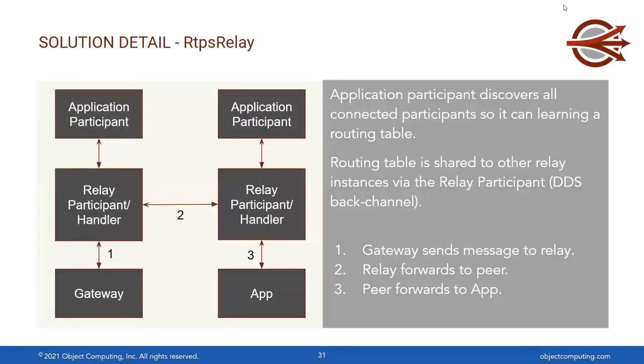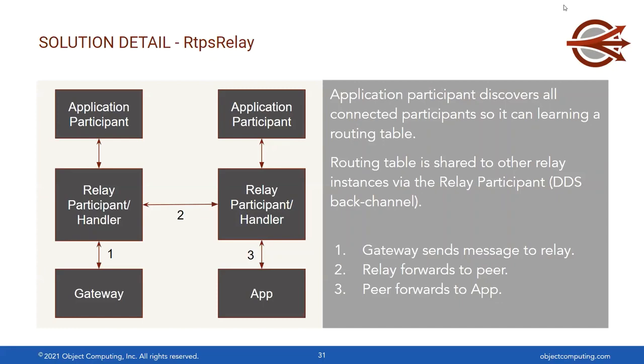So the final piece that I want to talk about is this RtpsRelay component, which allows us to forward RTPS messages. So let's think about a gateway starting a relationship: the gateway decides to connect to an RtpsRelay instance. The first thing it does is it discovers the relay itself. There is another participant called the application participant that runs in the relay, and it participates in this kind of discovery. So it identifies the gateway, it identifies all of its readers and writers and their partitions, and it then takes those partitions and